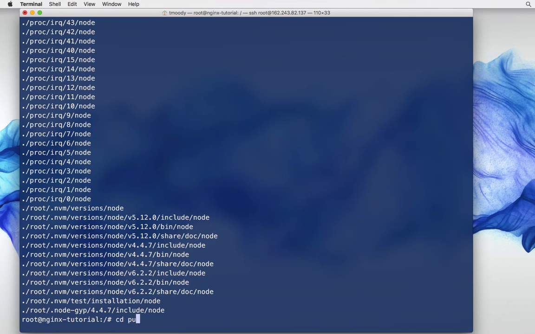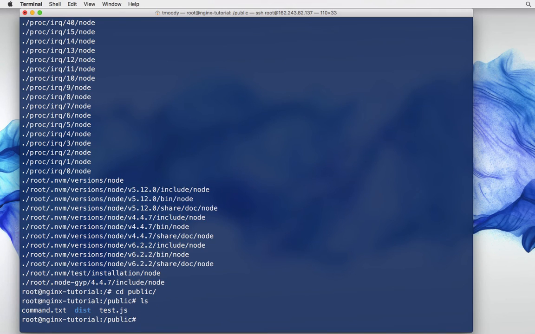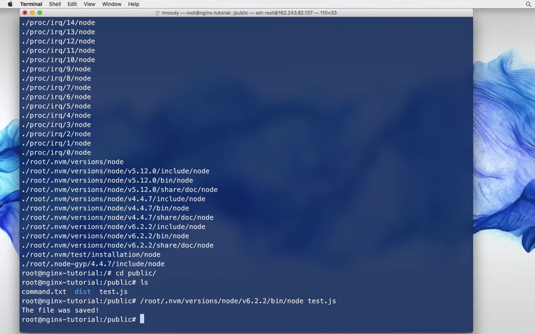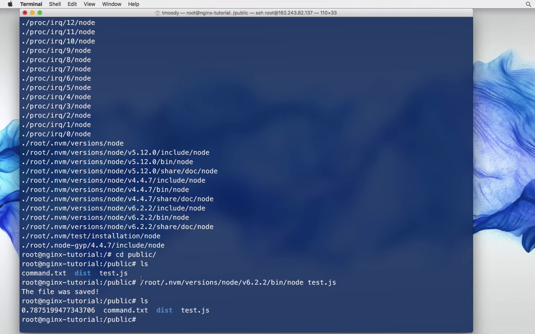And then let's go back into our public folder. So as far as our command goes, we should be able to do something like this. And that works. Okay, cool. So we have an absolute reference to our node